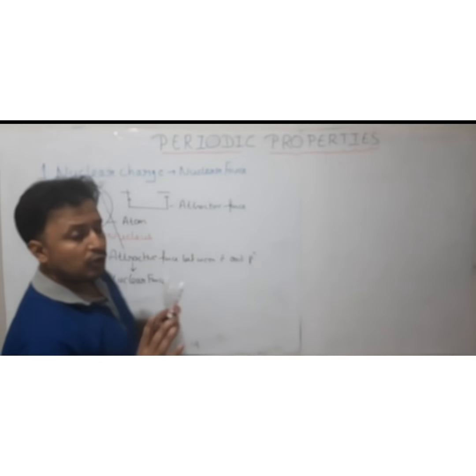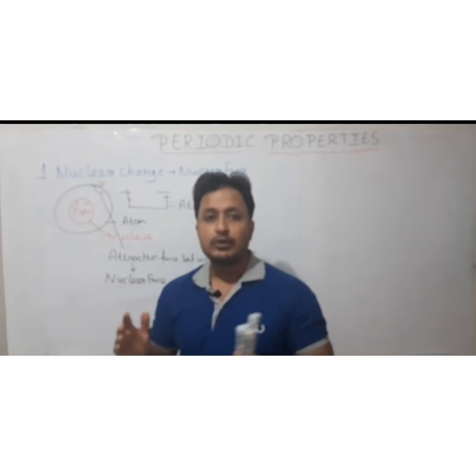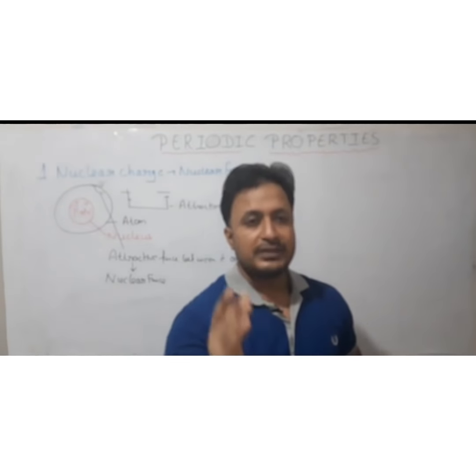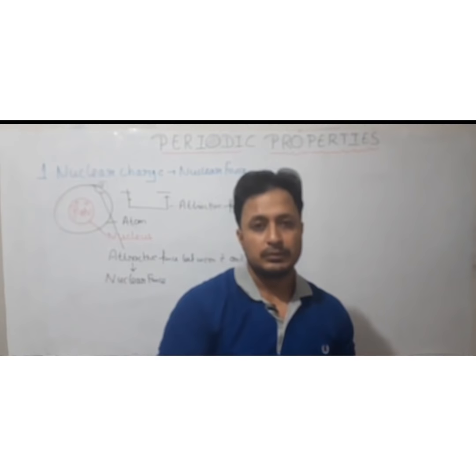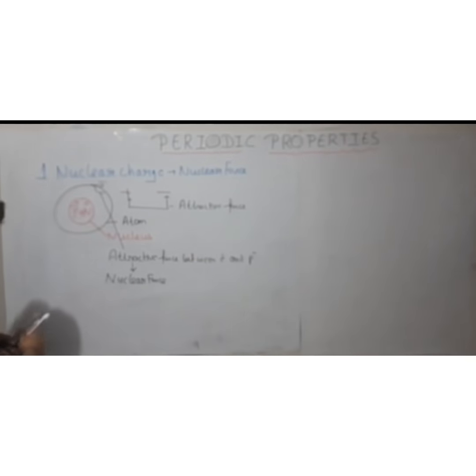Whenever we are going to study the variation in the periodic table, we are going to study the variation in two forms: left to right of the periodic table, which is known as across the period, and top to bottom of the group, that is within a group. Okay. So first we are going to discuss the variation